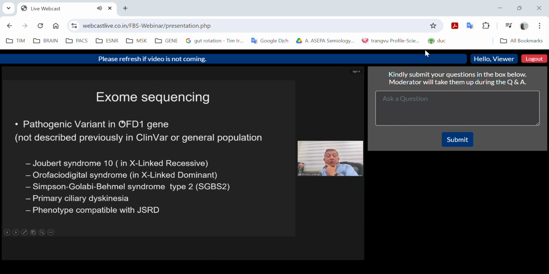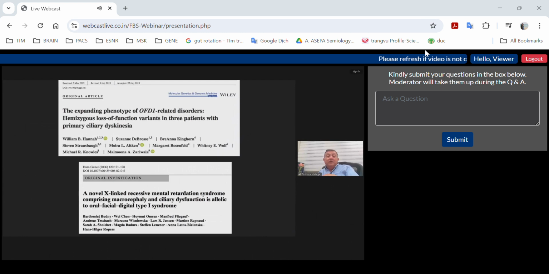But we were surprised by the results of the exome sequencing. It turned out that this fetus has a pathogenic variant in a gene called OFD1. This pathogenic variant had not been previously described. And this variant may produce different syndromes: Joubert syndrome number 10, orofaciodigital syndrome, Simpson-Golabi-Behmel syndrome, primary ciliary dyskinesia, and the phenotype was more compatible with